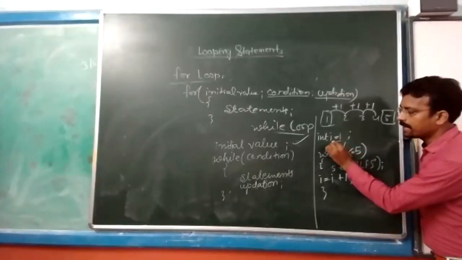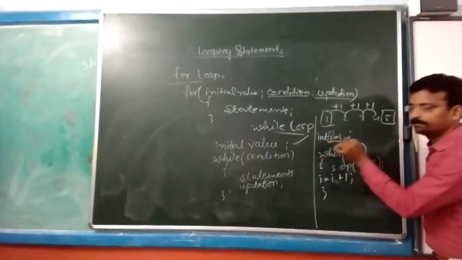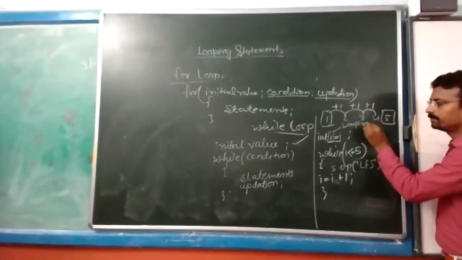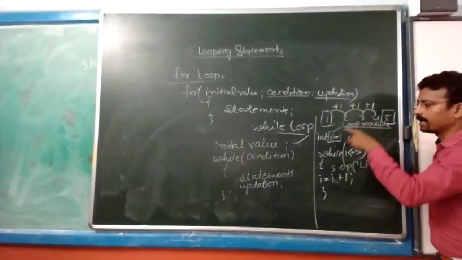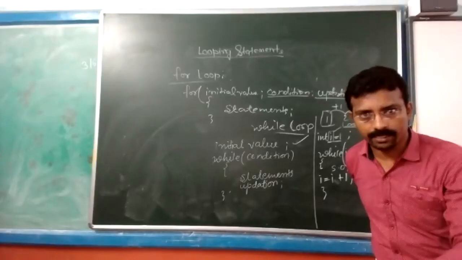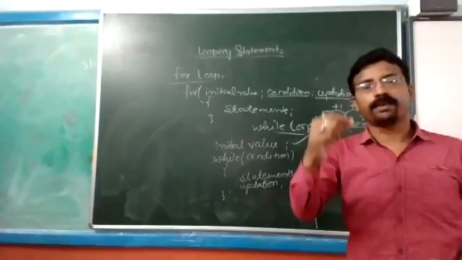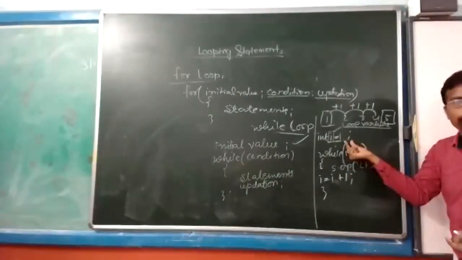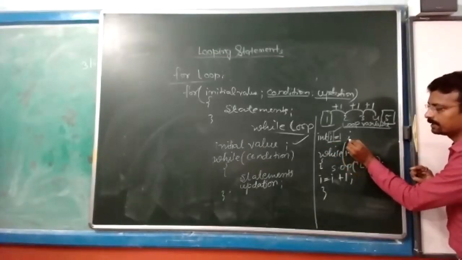Now see, we are going to start execution. You see here, i is initialized with 1. i is a loop variable. Here i will be initialized. Initialized means the first value is given. Every time keep in mind what the use of initialization is: the first value that is given to a variable. So i will receive the first value as 1 as the starting point. After that, this value is passed here.